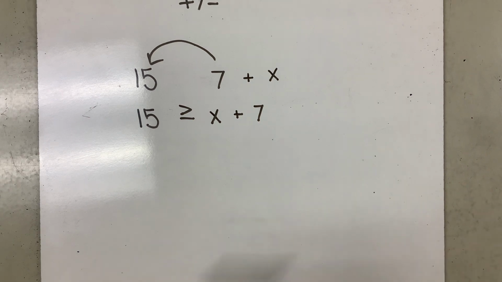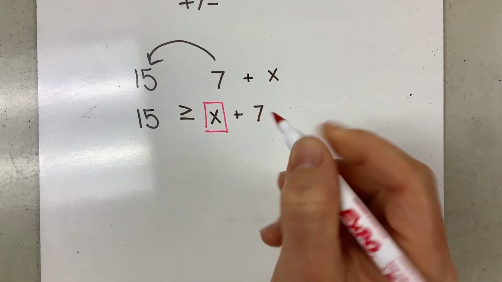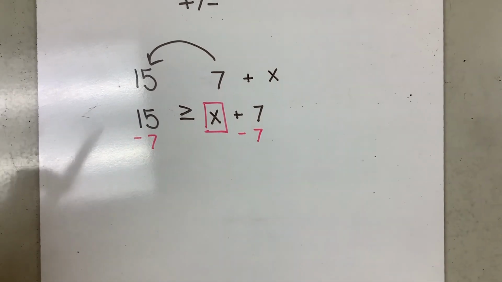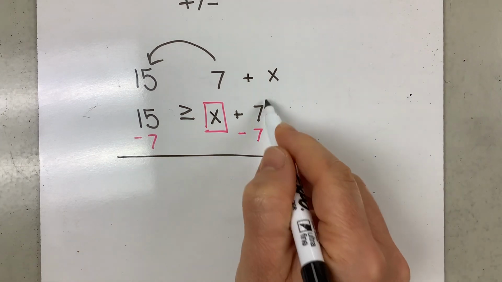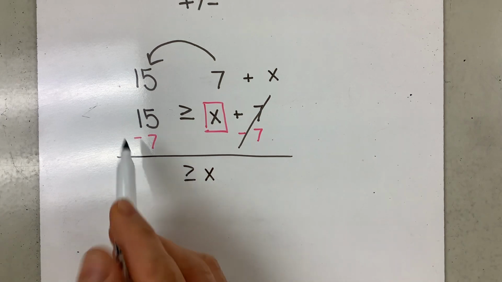When we do this, we can solve. We're solving for our X. We're going to do the opposite or the inverse. And when we do that, we're going to take away the 7. X has to be smaller than 15 minus